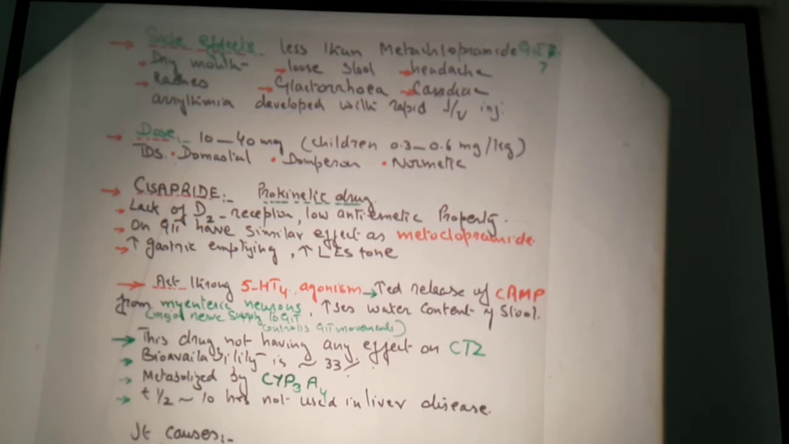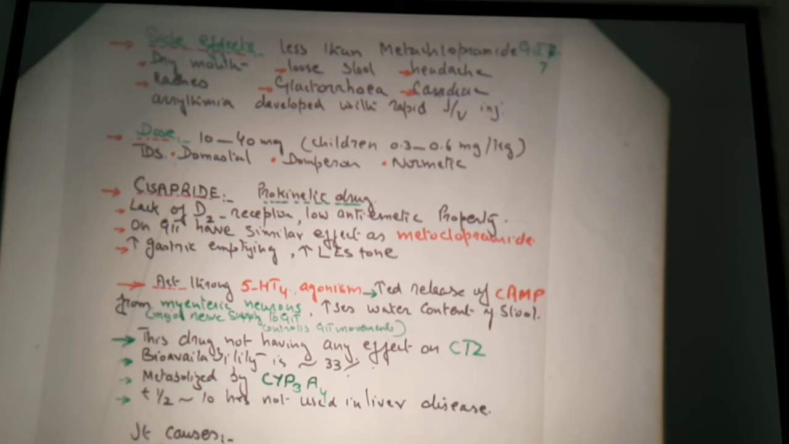Domstal, Tomperon and Normatic, these are the drugs which can be used. Now cisapride is the prokinetic drug. Cisapride, lack of D2 receptors, low antiemetic property on GIT, has similar effects as metoclopramide on gastric emptying, increases lower esophageal sphincter tone. Acts through the 5-hydroxytryptamine 4 receptor, that is agonism, increases the effects of cyclic AMP from the